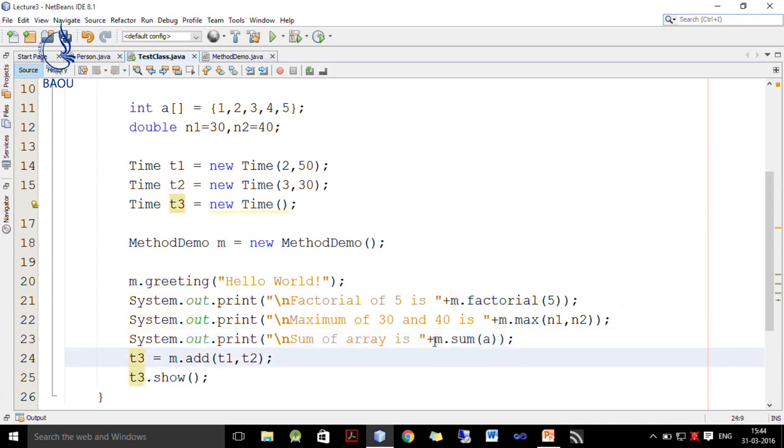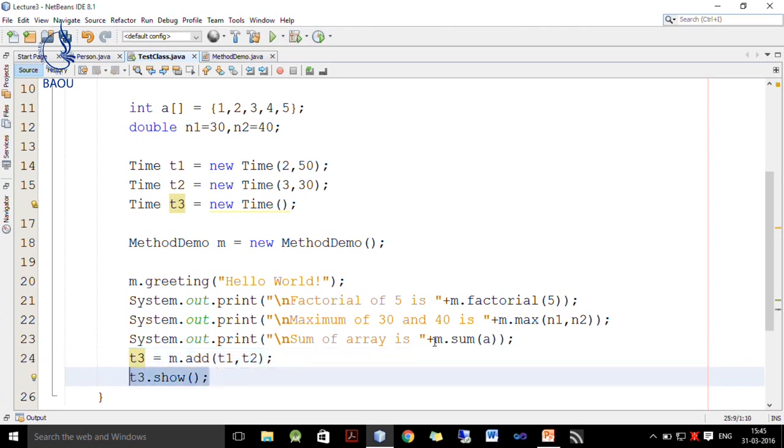The next is to call the add method. So, I write T3 is equal to m dot add, and what we want to add is T1 and T2. So, it will add T1 and T2, and whatever result we get is stored inside T3. And finally, to actually display T3, we call its show method, which displays time in hour colon minute format.